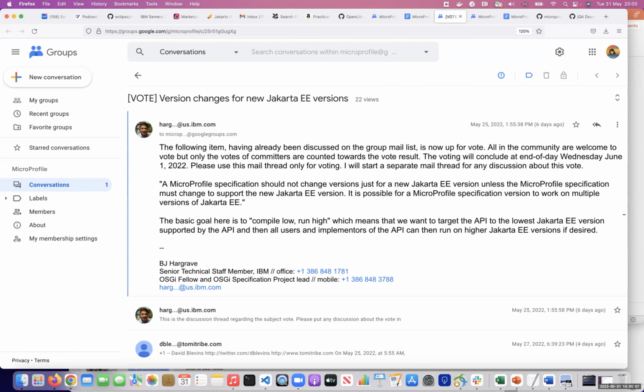Yeah, so I think when we do the alignment for all the MicroProfile stacks, normally we just change all the dependencies. Basically, in the MicroProfile parent, we directly consume the core profile and pull them in. Right, but that sounds completely in contraposition to this item. Yeah, that's right. But you've already voted +1, Emily, so it's too late.